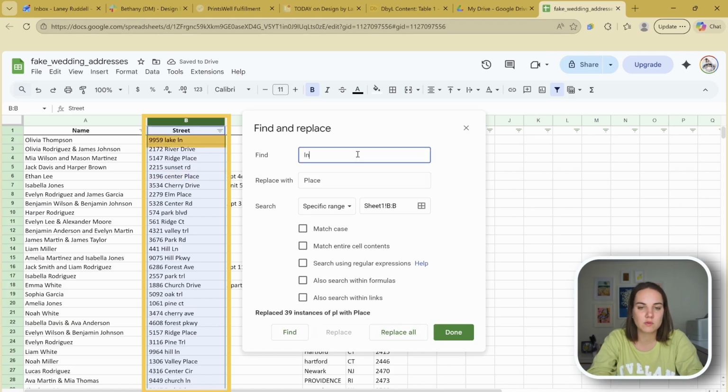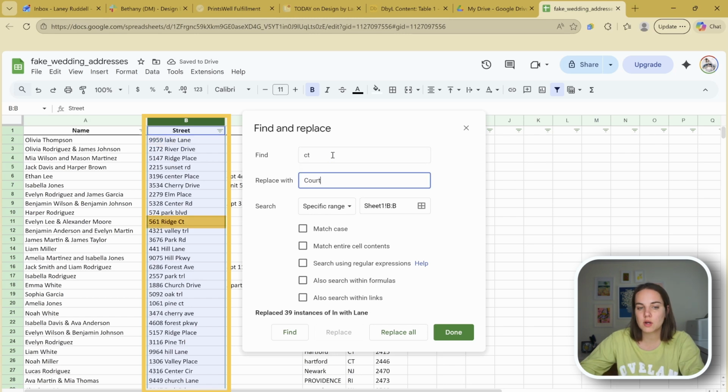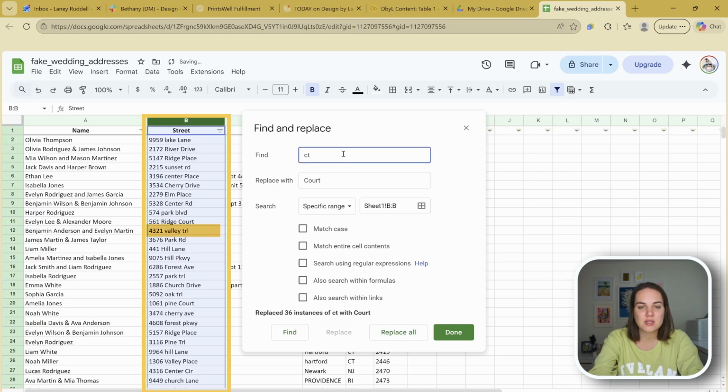Our LNs will change to space lane. And our CTs will change to space court. Since we're not matching case, it'll get anything, even if CT is capitalized, even if it's not down here, we'll get all of those. But I would say the biggest issue with this is sometimes you don't know what the